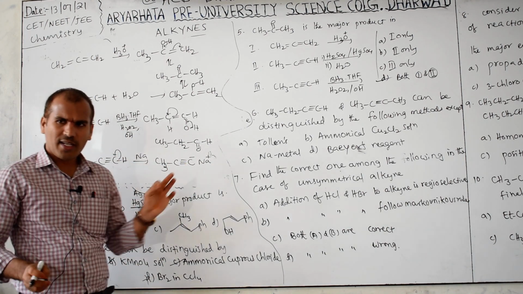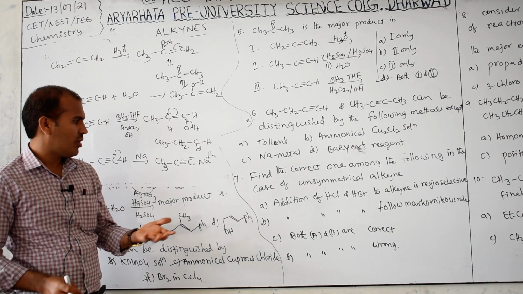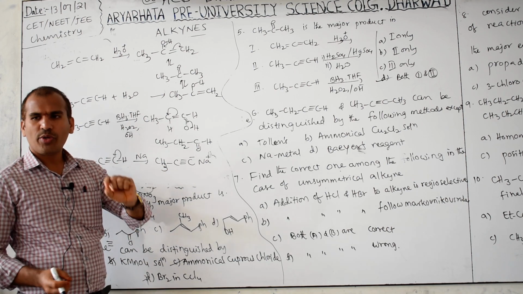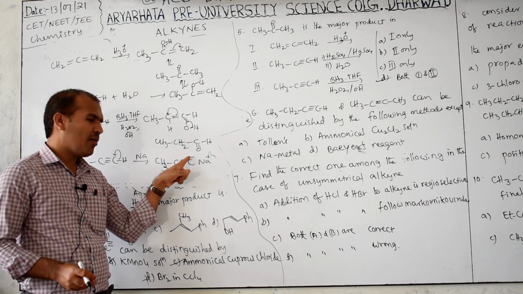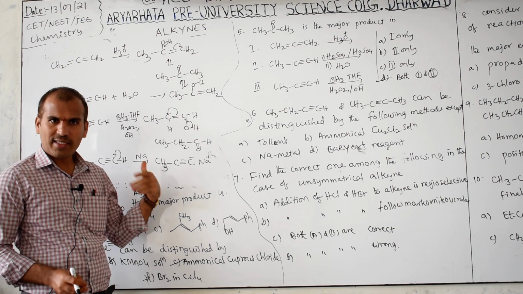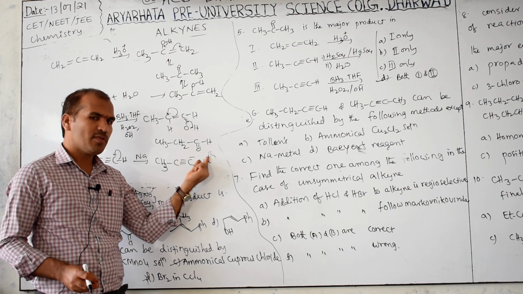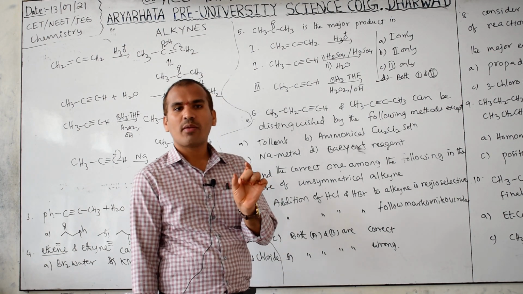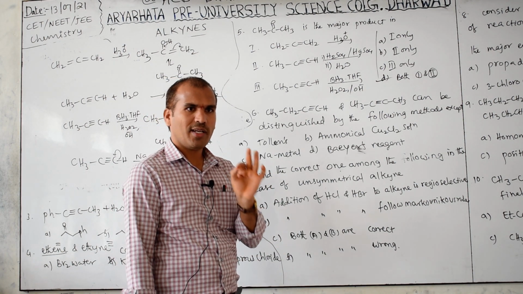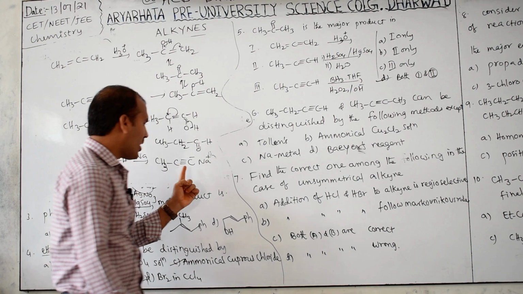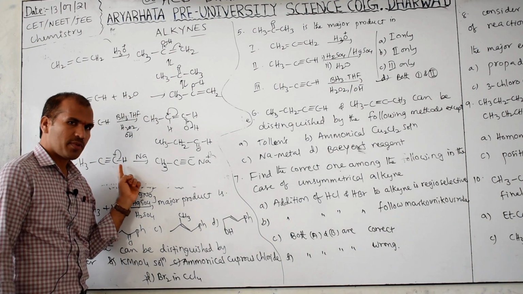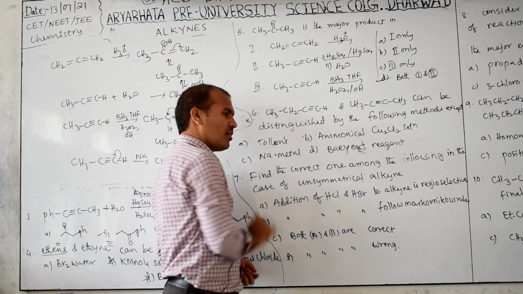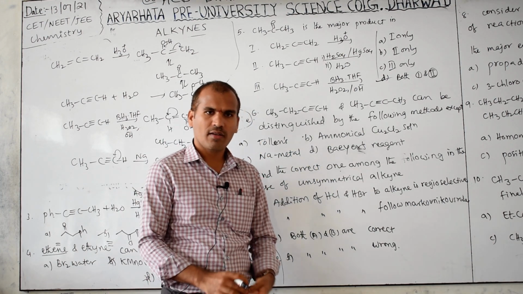Okay. These are there in your textbook. I already taught this directly, in the offline class or maybe the online class. So sodium metal is there, meaning it forms an acetylide. Acetylide means this is negative, this is positive, salt formation is possible. When is it possible? When terminal alkynes are present, only then is it possible, because acidic hydrogen is present here. Only then are these three reactions possible.